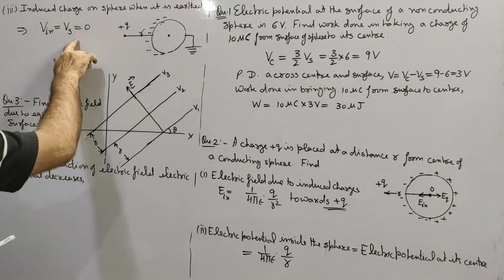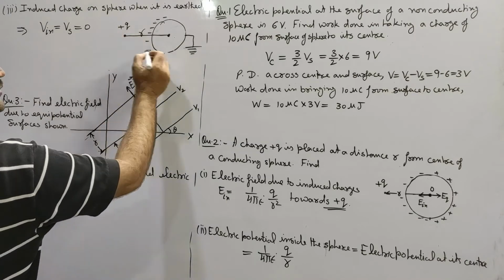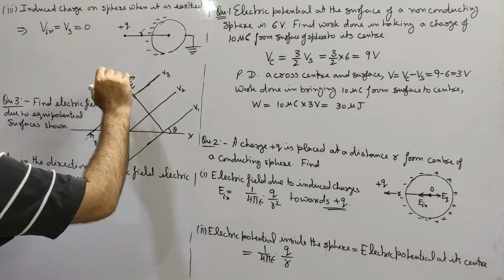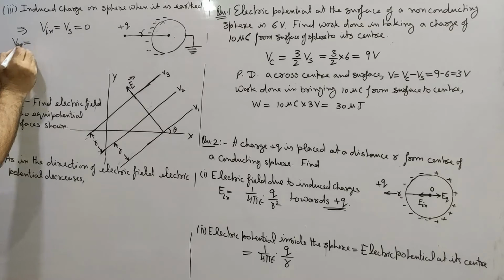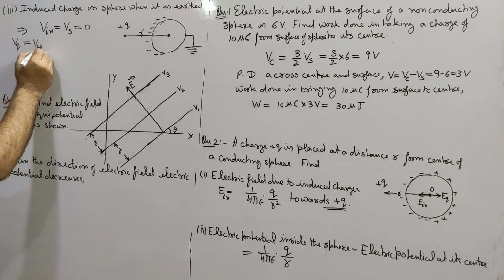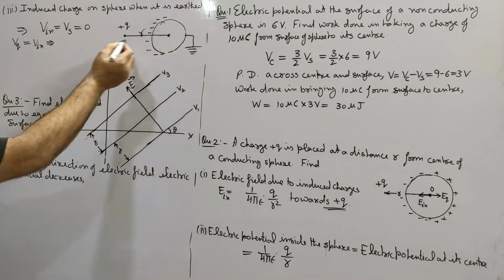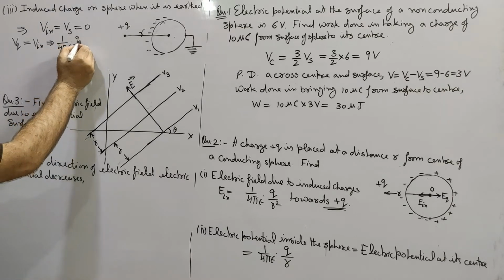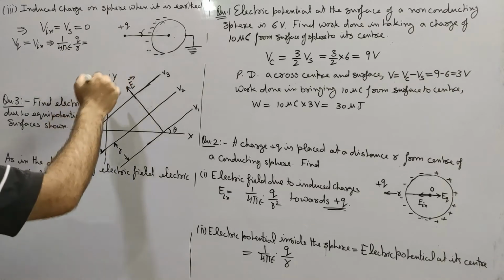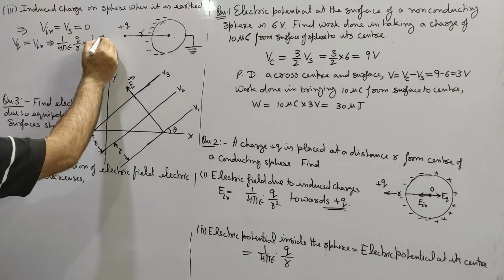And if electric potential within it is zero, then at the center the electric potential due to plus Q must be equal and opposite to the electric potential due to induced charge. So electric potential due to Q must be equal to electric potential due to induced charge, and this implies electric potential due to Q at center, 1 over 4 pi epsilon Q by R, is equal to electric potential due to induced charge, 1 over 4 pi epsilon charge induced